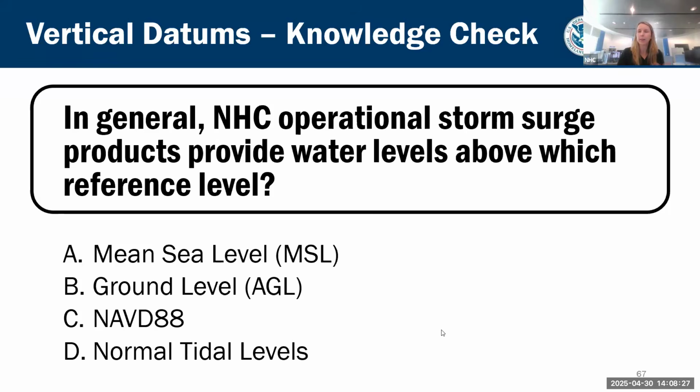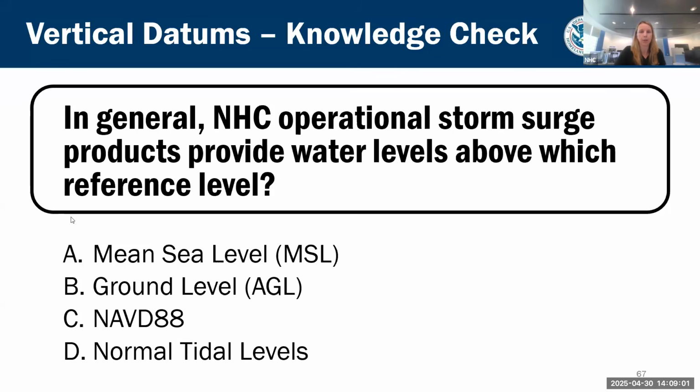So I kind of mentioned it previously, but from now on, I'm going to be discussing strictly above ground level. That is the way that we're going to communicate and provide storm surge forecasts to the public. And so, you know, we do have tide in our model. We have all these things. So there's no need to do any sort of additional conversion. We're providing that above ground level forecast, and that is what you can pass on to your end users.